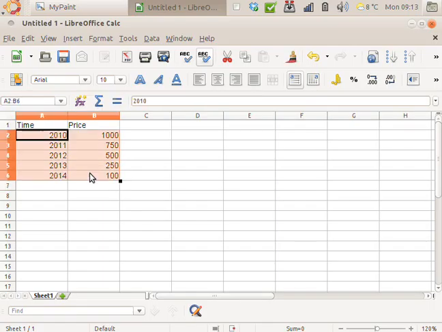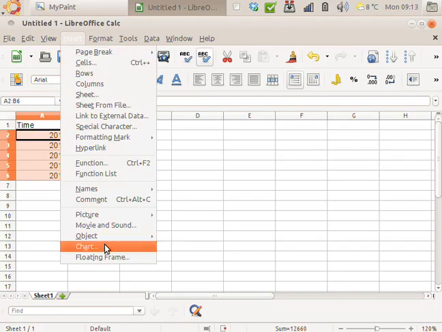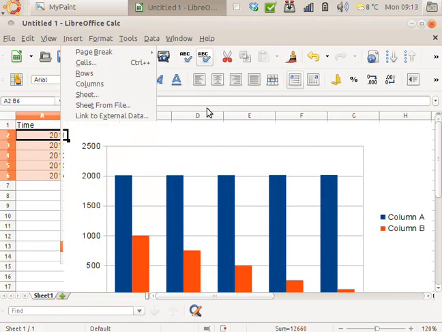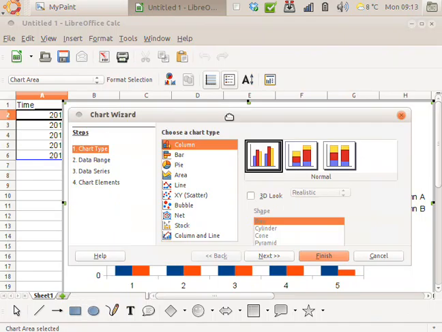So showing you this in Excel or a program like Excel, you can see Excel has line graphs built in.